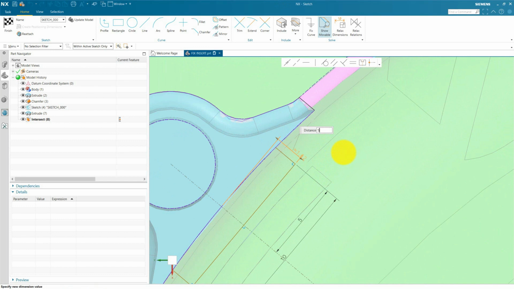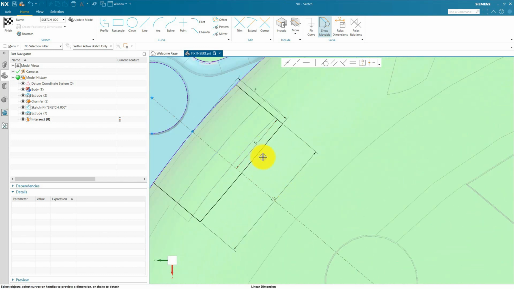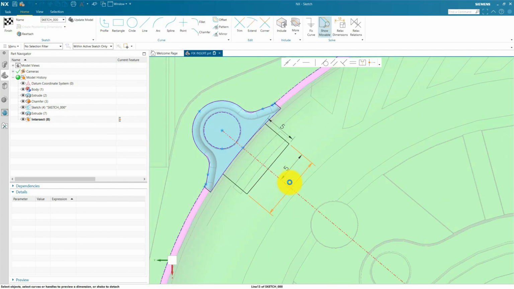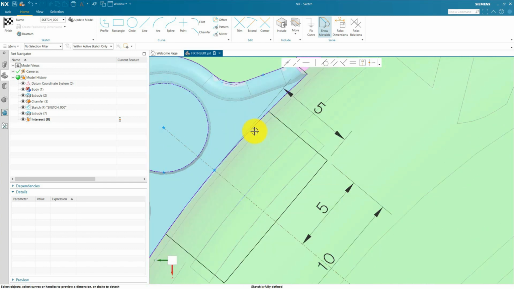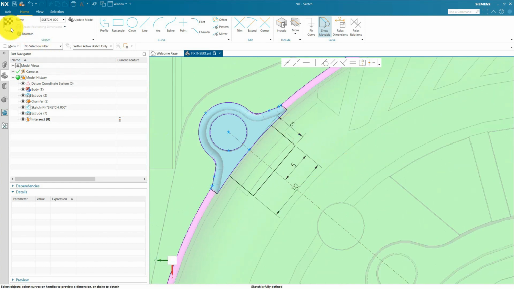We use 5 mm. Okay, we are not going to trim this curve. Finish this sketch.